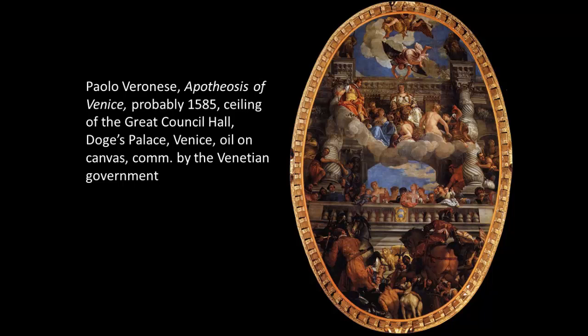We see Venice being crowned by a flying victory figure, and another victory flies up above, almost out of the painting, getting ready to blow into these trumpets. Below Venice, we see personifications of peace, abundance, fame, happiness, honor, security, and freedom. So those are these figures gathered on this cloud, and those are the ideals that Venice wanted to promote about